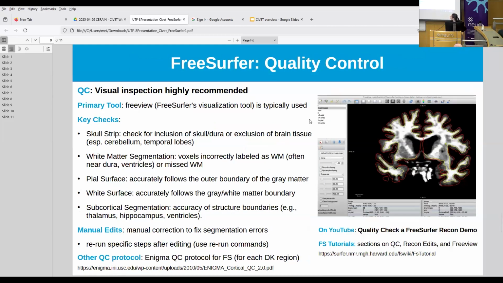So for the quality control, I'm going to go really quickly over it because it could be 2 hours only on the quality control for FreeSurfer. But really quickly, if you want to do it, you need to use